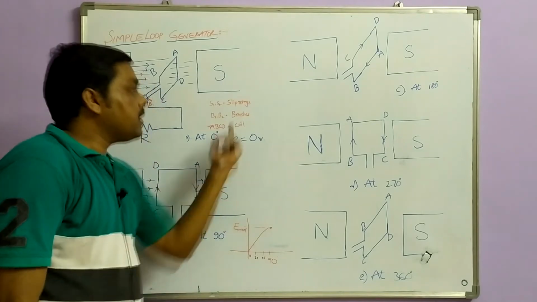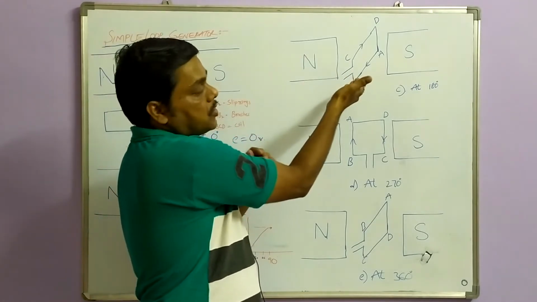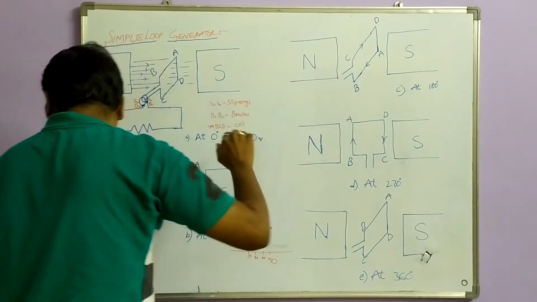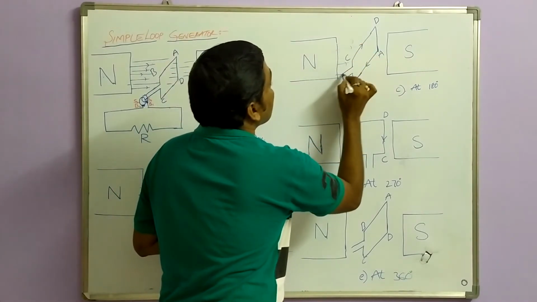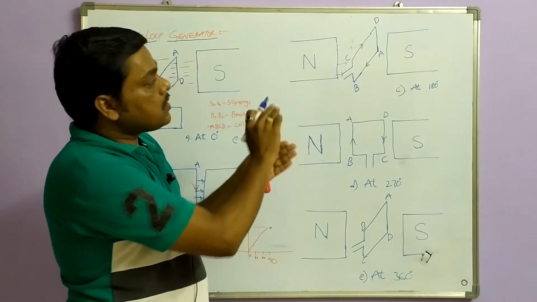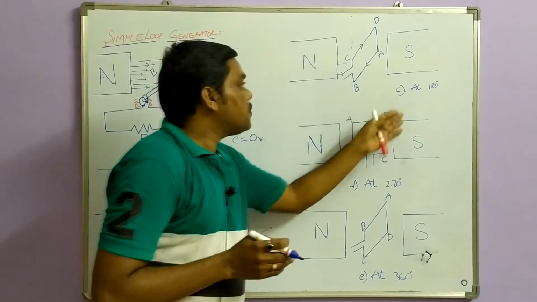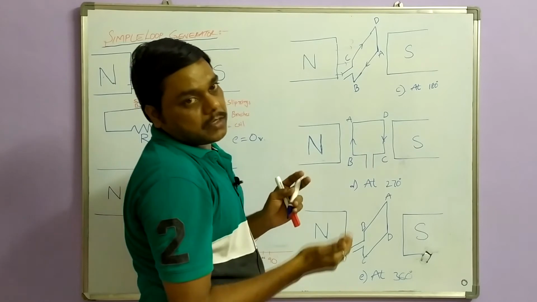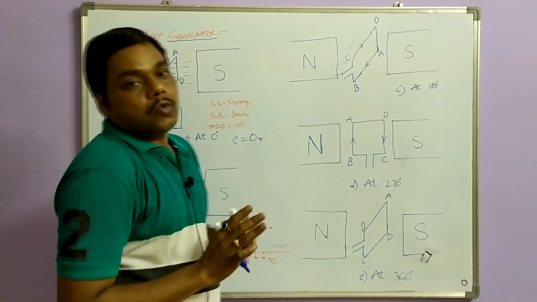Now what is happening from 90 degrees to 180 degrees? As your conductor is at the 90 degrees position, it is moving towards 180 degrees. So the flux coming from your north pole, this flux cutting action is going to reduce. That means the rate of change of flux linkages is going to decrease. Now what happens if your rate of change of flux linkages decreases? The EMF will slowly decrease. Why? It has already reached the maximum point and it is slowly going towards zero.